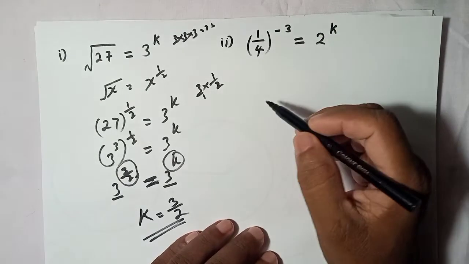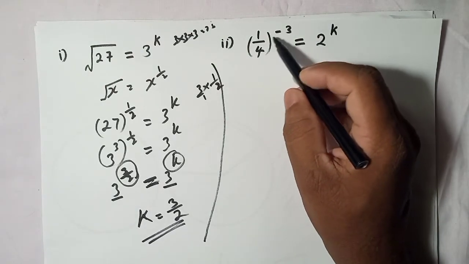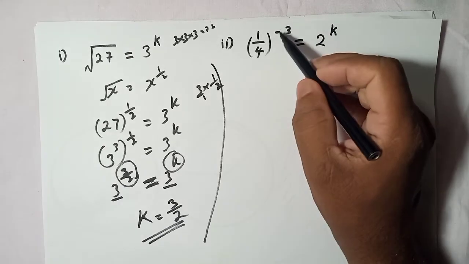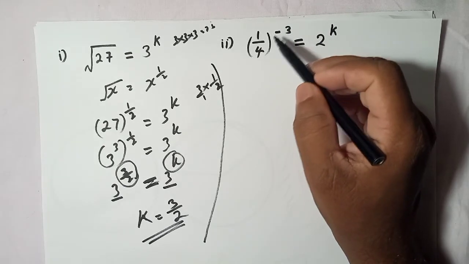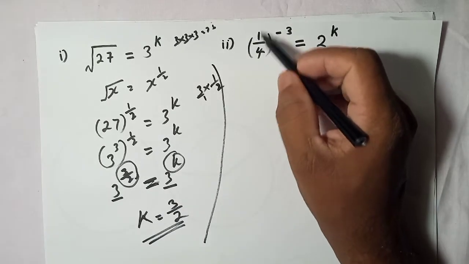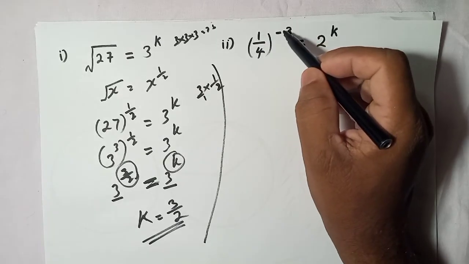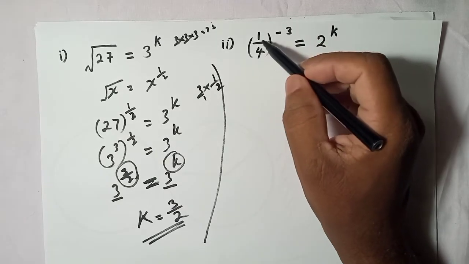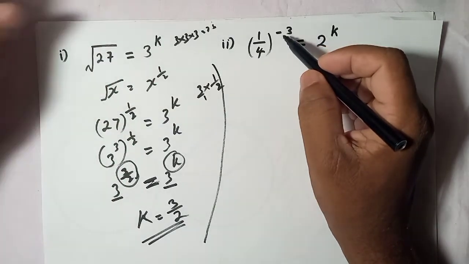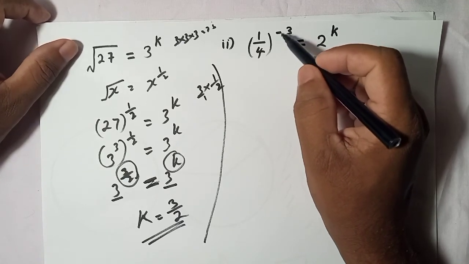And here what we can do, right, in this question? I already explained this thing: when you have a minus index, you can write it as a plus. You should change upside down, get the reciprocal of this fraction. I mean, when you have a minus index for a fraction, you can get the reciprocal of that, and this minus index you can change to plus.